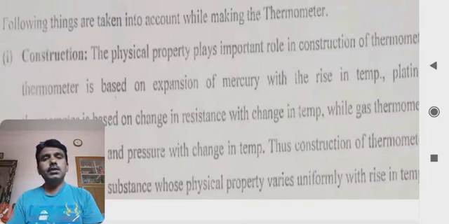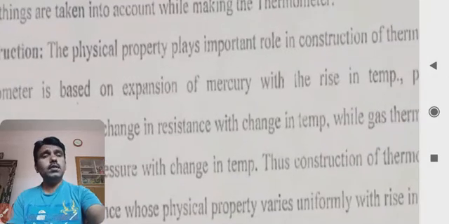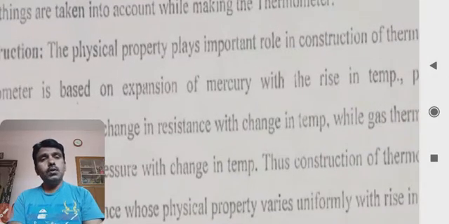The thermometer is dependent on the temperature, where the rise in the temperature shows how much rise there is. To make any type of thermometer, you have to take three things into account. The first one is the construction part,